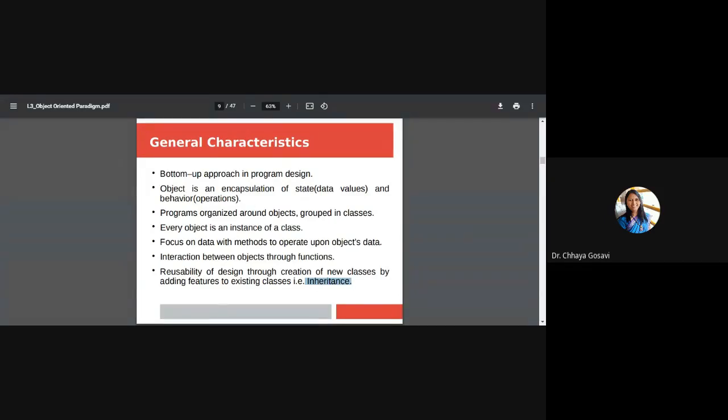So we are talking about reusability. If I have a basic calculator for addition, subtraction, multiplication, and division, I can enhance that calculator class to support a scientific calculator by adding new functions like factorial, square root, sine, cos, tan, etc. So if you have a basic structure or previous classes, you can add functionality, modify it, and update it with new functions. That concept is called inheritance in Java.